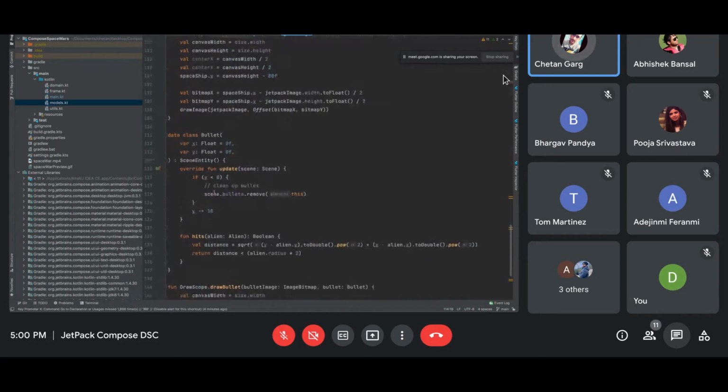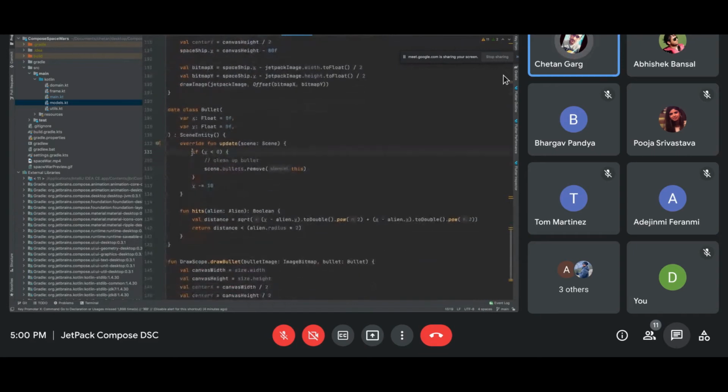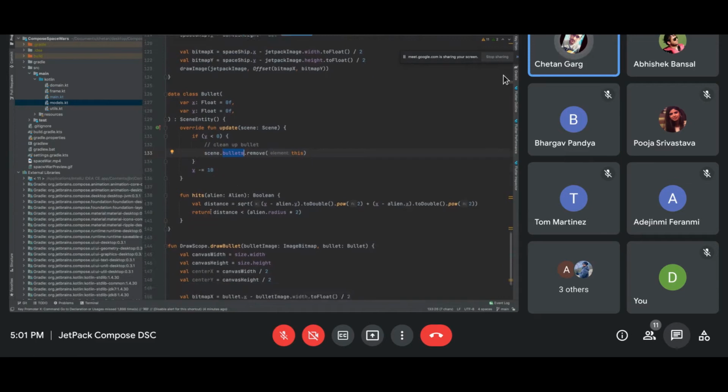And for the bullet, it just needs to do one thing. Whenever the bullet crosses my Y region, I just need to remove that bullet from my screen. I don't want to create unnecessary bitmap objects, so I just remove it from my bullet array. Hope it makes sense.